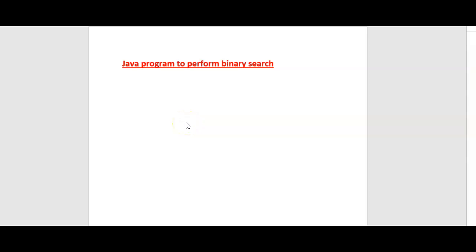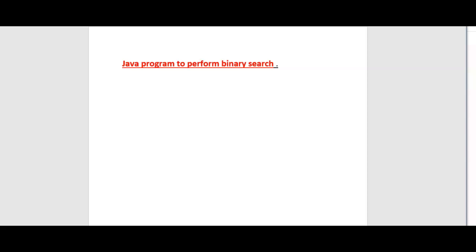In this video, we are going to see one important Java program that is binary search. So how do you search for an element in an array, or how do you check whether an element exists in a given array? We can do that by traversing through the complete array. We call that a linear search. The performance would be worst if the search element is at the end of the array. So that is the reason we go for binary search.